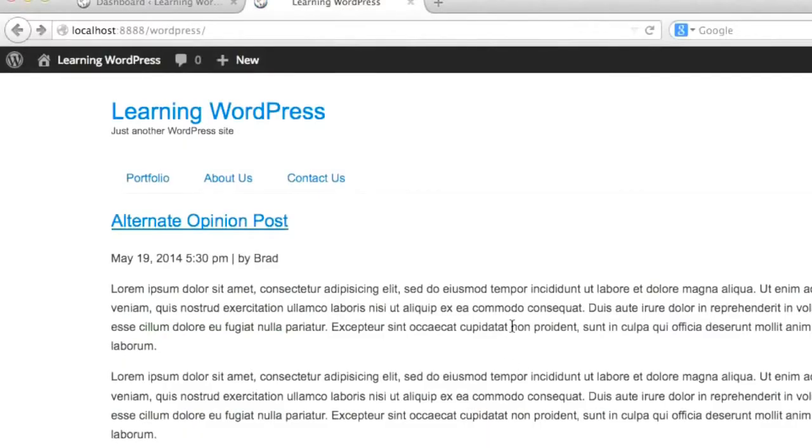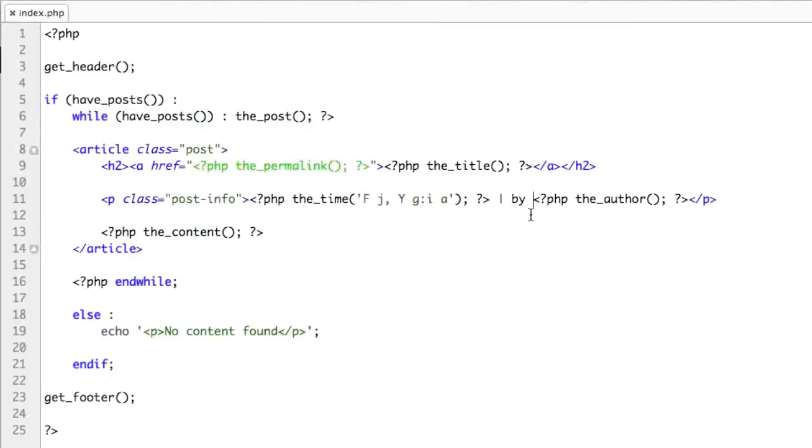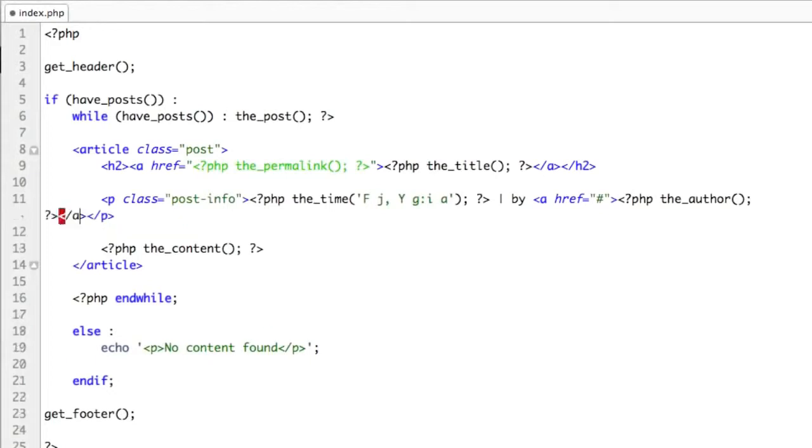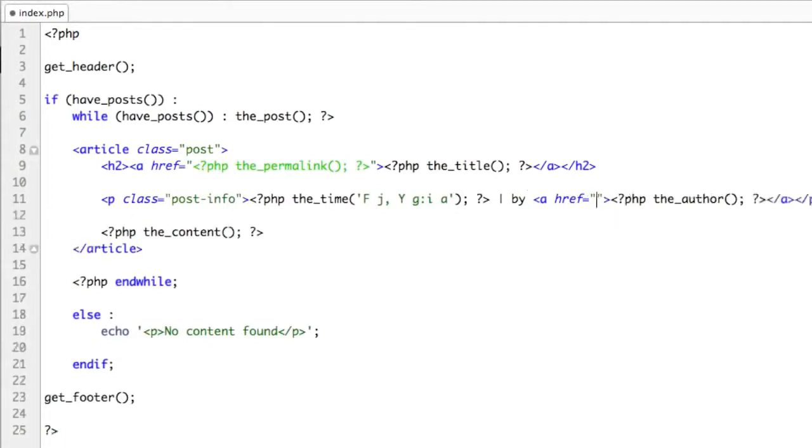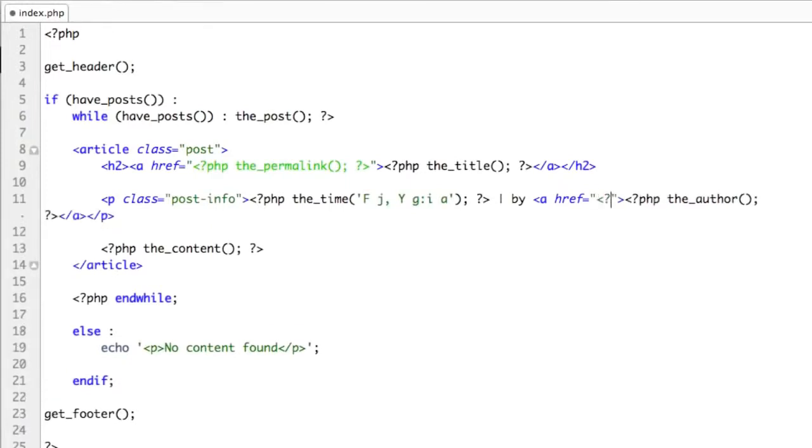But let's take it one step further. Let's make the name a link that takes you to an author archives page with all posts by only that author. So back in our code, we'll wrap the_author function in a hyperlink. For now, I'll just include the pound sign. We're going to remove that in just another second. Okay, so now that the HTML is in place, we want to get rid of this pound sign, and we're going to use another WordPress function named